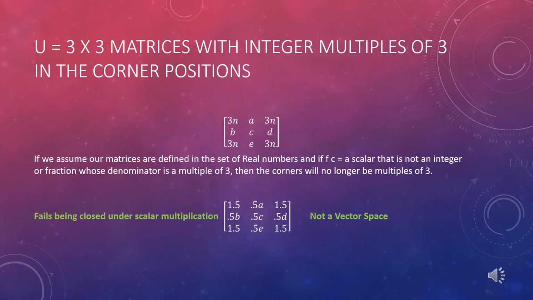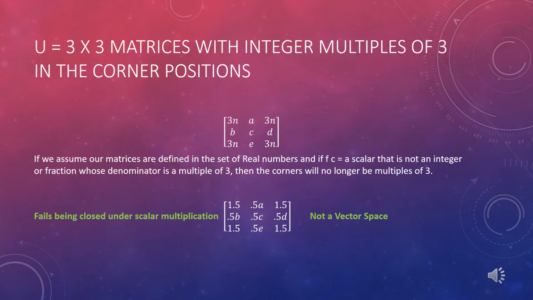After that last example, you might think, well, everything's going to be a vector space. It's not possible to not be a vector space, but you can certainly think of sets that are not going to fit the definition of a vector space. Consider the set of all 3x3 matrices in which the corners are integer multiples of 3. So my corners have to be some integer multiple of 3, like 0 or 3 or 6 or 9 or